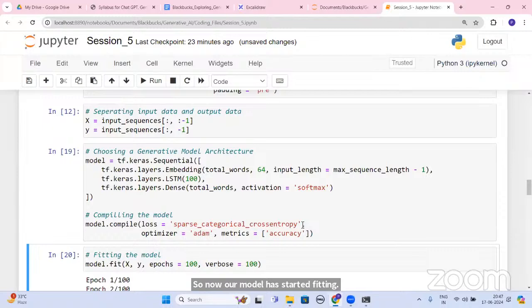And lastly, we would be generating the text. Write this quickly in your laptop, guys.